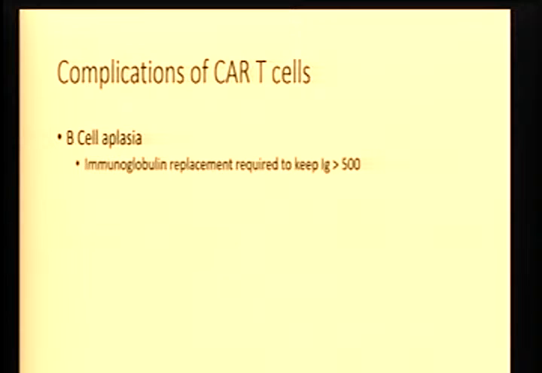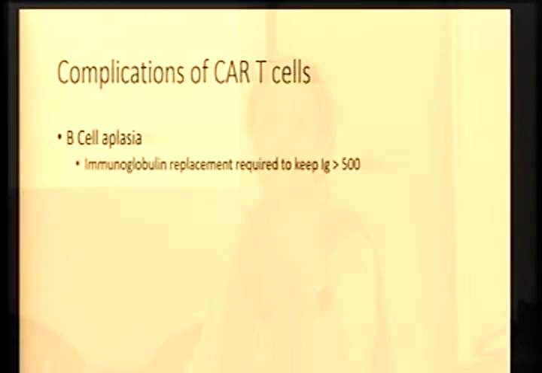So B cell aplasia is simply because, as I said, in this particular CAR T cell therapy, you're getting rid of all B cells, right? So there are no B cells producing antibodies to fight infections, so people may be more prone to infections. What you can do is give them intravenous immunoglobulin, a treatment similar to what was given to primary immunodeficient patients who genetically don't have functional B cells or cannot make antibodies. So it's a similar situation, and you can take care of it by doing this.